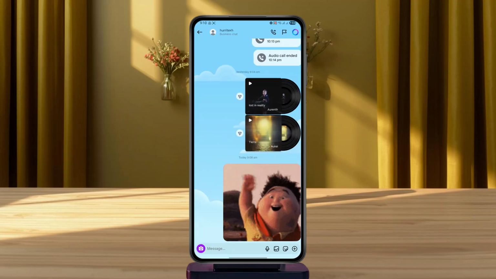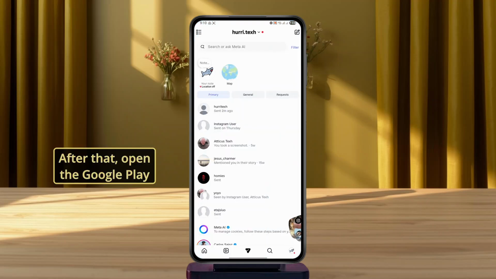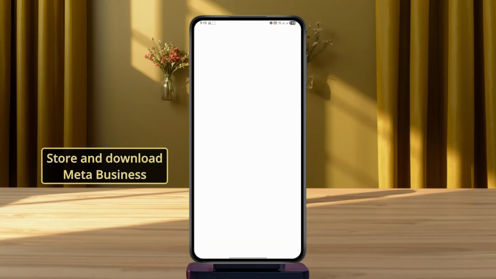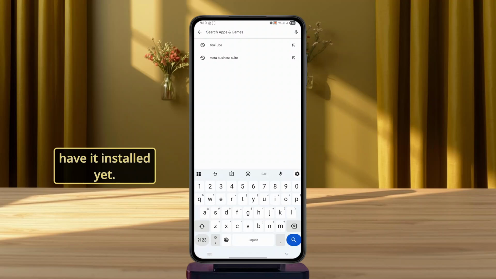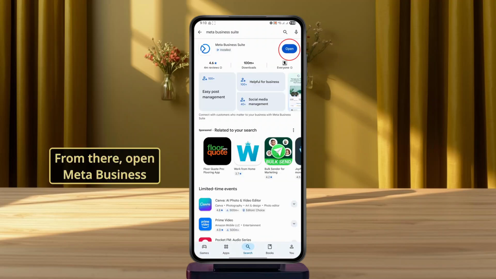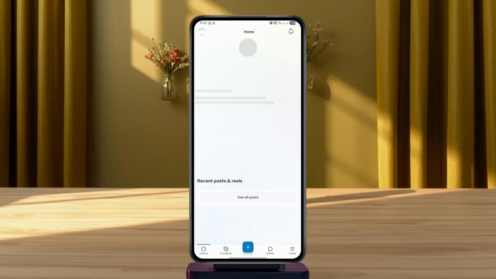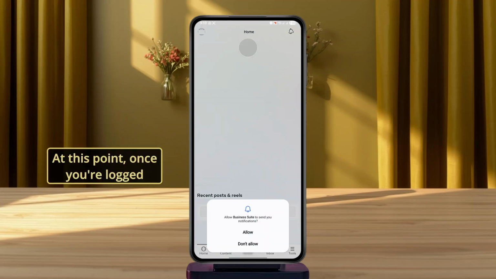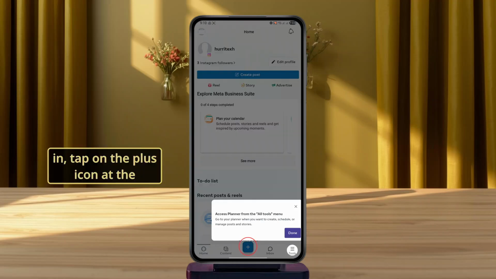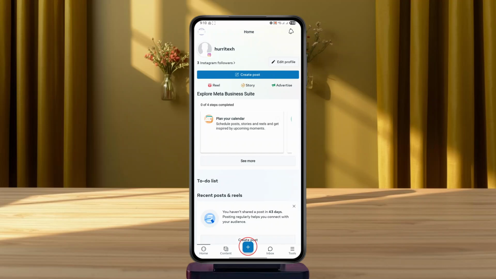required for scheduling. After that, open the Google Play Store and download Meta Business Suite if you don't have it installed yet. From there, open Meta Business Suite and log in with your Instagram professional account credentials. At this point, once you're logged in, tap on the plus icon at the bottom navigation bar to create new